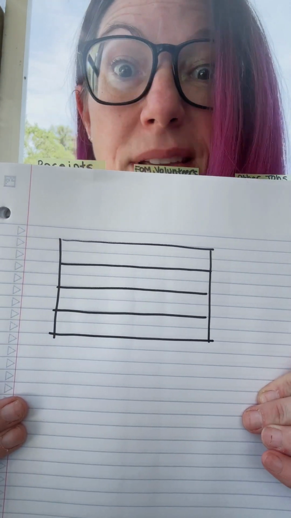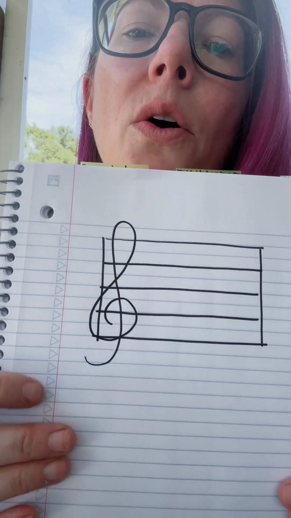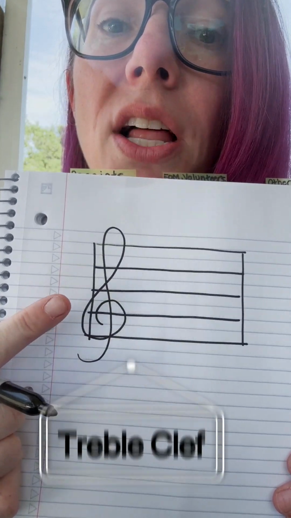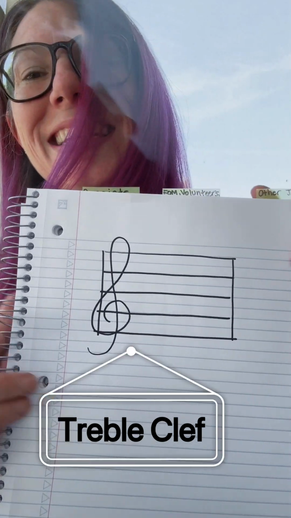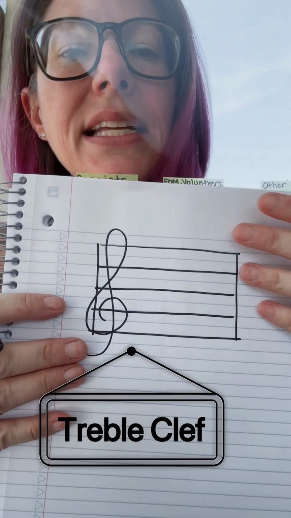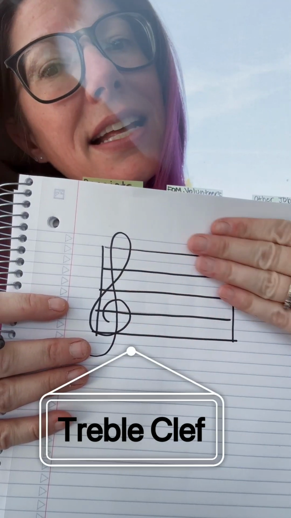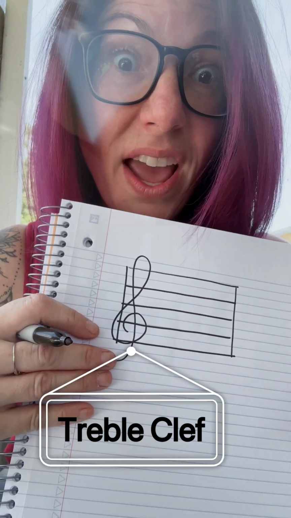But now I'm gonna add a super fun little symbol, and it looks pretty fancy. Just like that. We call this a treble clef, not trouble. The treble clef is a music symbol that tells us now that our lines and spaces have very special letters that go with them. Okay, are you ready for it? So our lines are pretty fun.